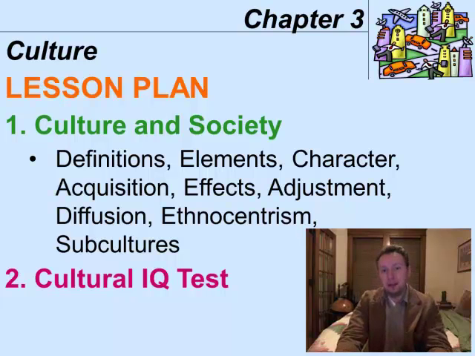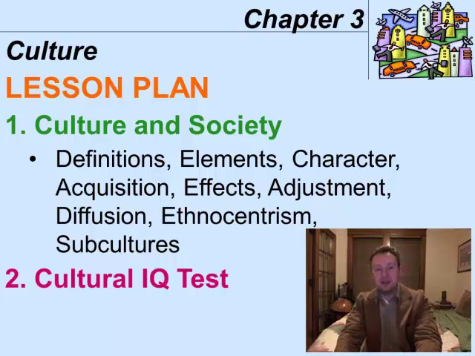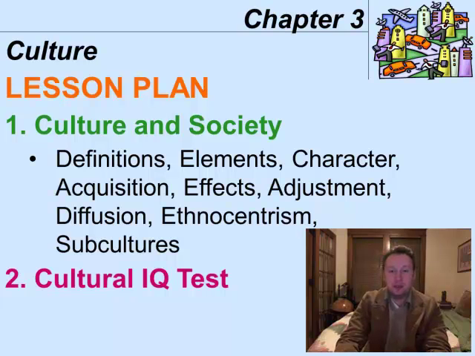Having achieved this knowledge, hopefully you will no longer have negative emotions during new cultural encounters, just the positive ones, or at least neutral. The relationship between human and society is one of the fundamental areas of sociological study. In this chapter, we'll examine definitions of culture, its elements, beliefs, values, and norms, how geographic and historical forces shape the character of culture, how we acquire culture, how it affects us, and how we use culture to adjust to